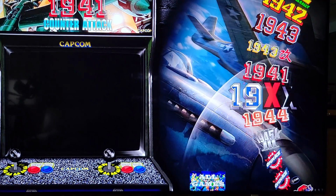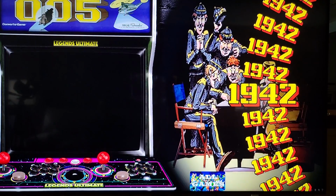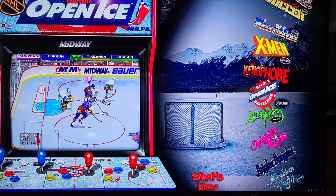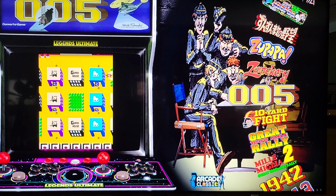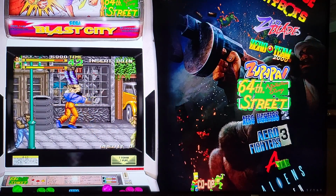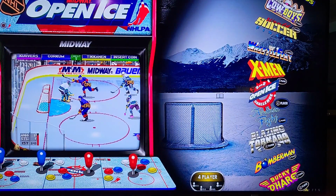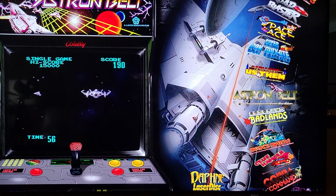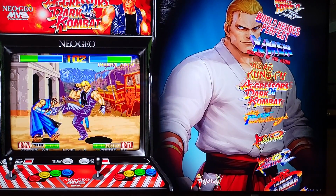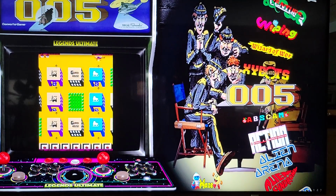Now, there's way too many games to go through, so I'm not going to cycle through every single game. I think there's something like 1,600 games. But if you toggle the joystick left and right, you can go through Last Played, What's New, Arcade Classics, old school games, co-op games, 3-player games, 4-player games, the Daphne Laserdisc games, beat 'em ups, fighting games, light gun games, which work great with the trackball, maze games,